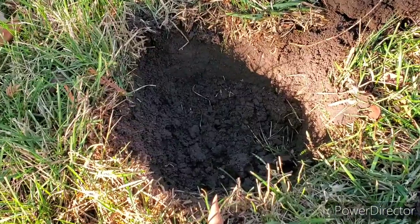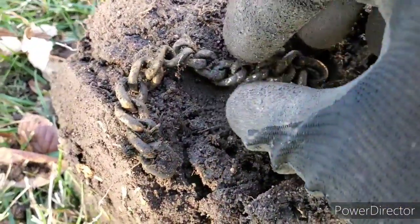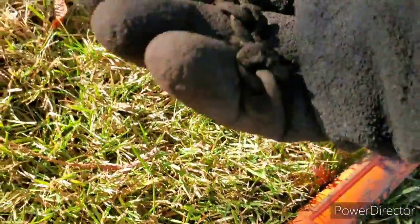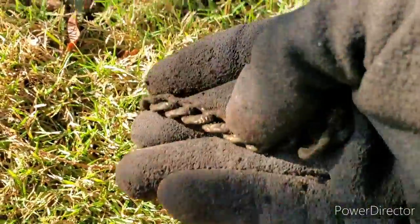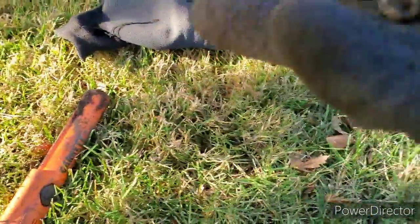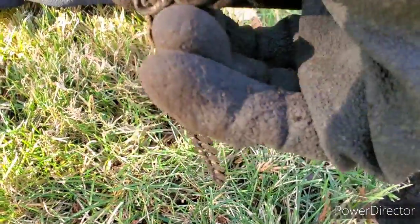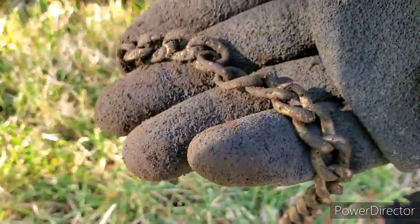Let me show you what I just found now. So just a few inches down in this hole, still haven't switched out to the small coil yet. Just pulled this chain out. Now, I could be wrong. I'm gonna have to clean it up. But it is really golden color. I know it's kind of hard to see without a whole lot of light here, but I'll have to look for a mark on it. Looks like it doesn't have an end to it,